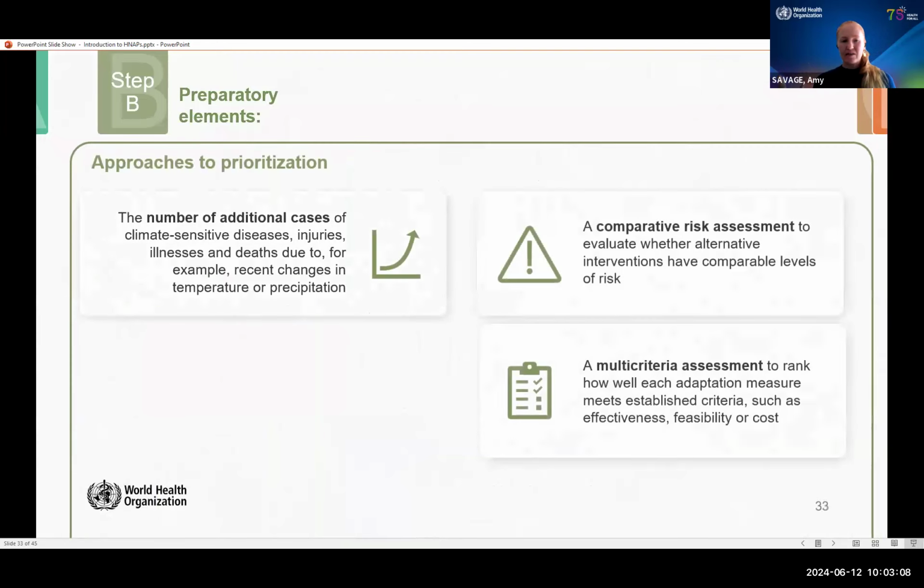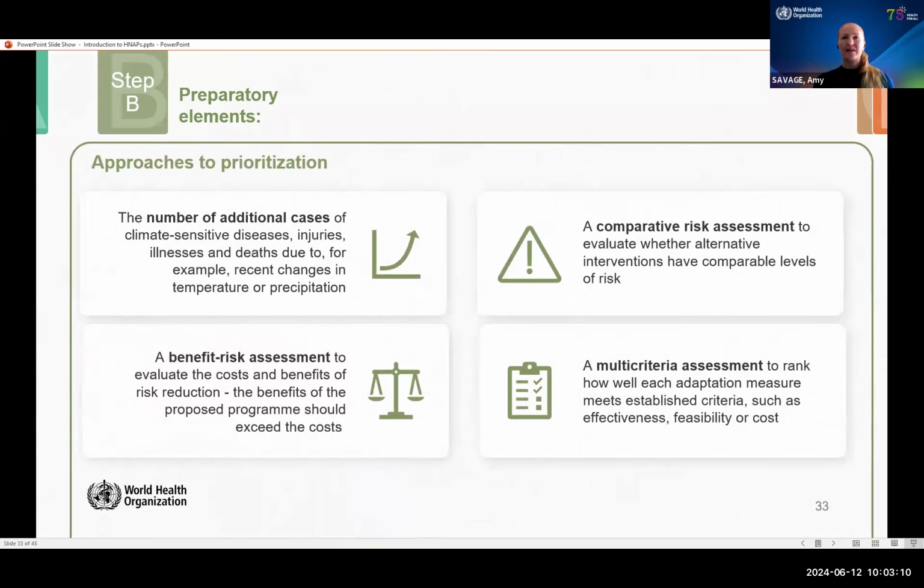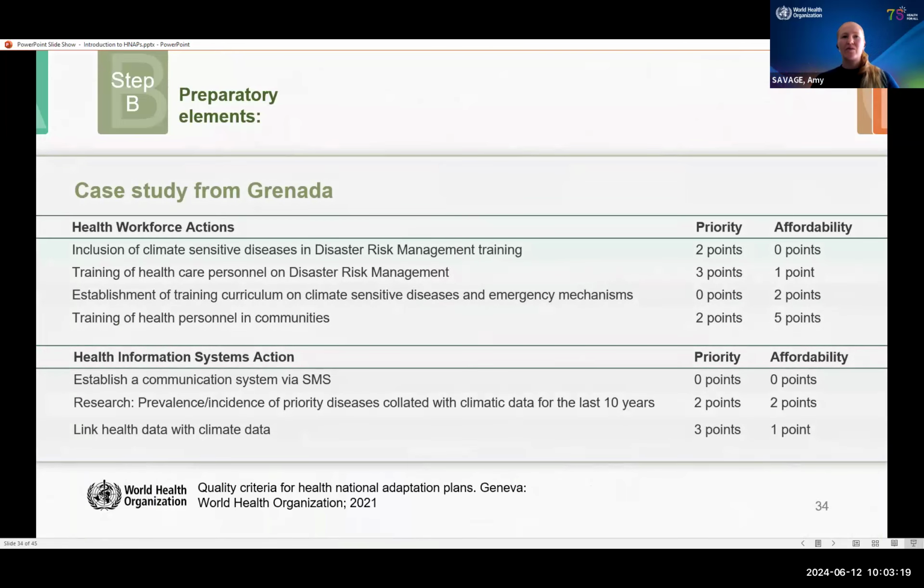And there are several approaches to prioritization. These are outlined in a lot more detail in the vulnerability and adaptation assessment guidance, but it will be up to each country to decide, considering their context, considering their capacity, their resources, how they would like to prioritize their adaptation actions. So for an example, in Grenada, they conducted a prioritization exercise with a range of experts in the